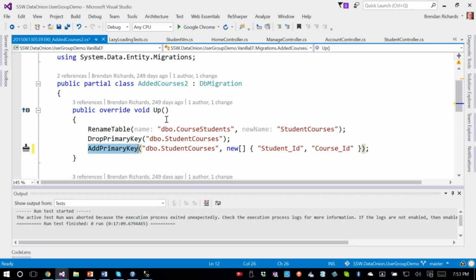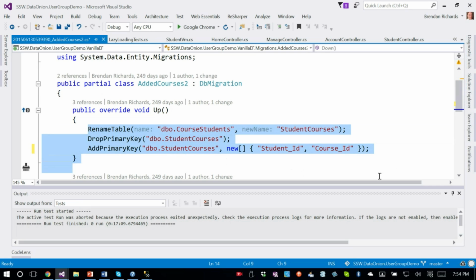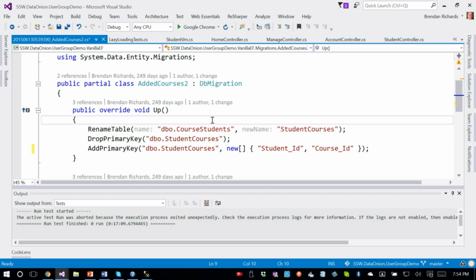If you've got a far more complex migration to handle, say you've got to merge some data, you're not just adding and removing a column. You need to add a column, copy it from an old column, and then get rid of the old one. This is where you'd do it. You'd insert some SQL between your drop and add to do that copy operation. I've not really had a problem with the code that's been built by this. I find it very stable. The code that it makes for you is very good. The only time I've needed to do something is when I need to do something more complicated with actually migrating my data rather than just changing the schema.